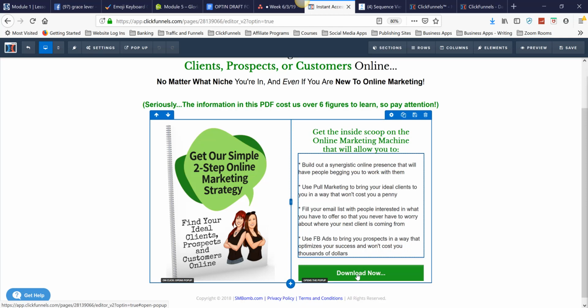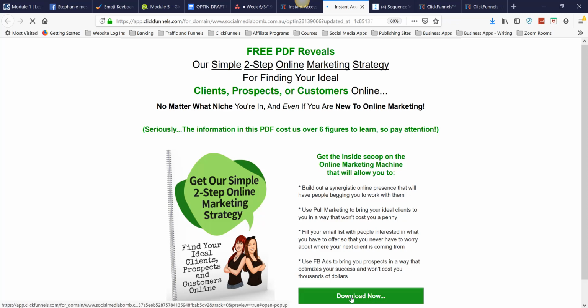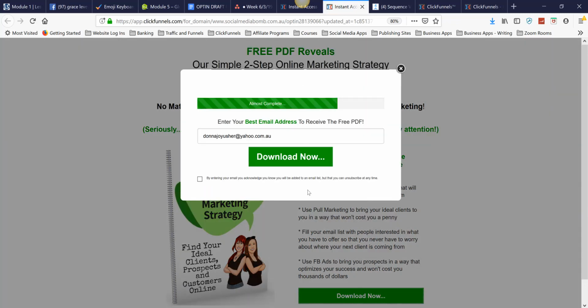Now, I have a pop-up here. So when you say download now, oh, sorry, let's actually go in and preview it so you can see. So if I click the download now, see how the pop-up comes up? The reason we do this is like a micro commitment. Someone says, yes, I want it, and they hit that download button. They haven't seen it. They have to enter their email. They're probably suspicious given the market sophistication these days. And then when that pops up, they're kind of like,